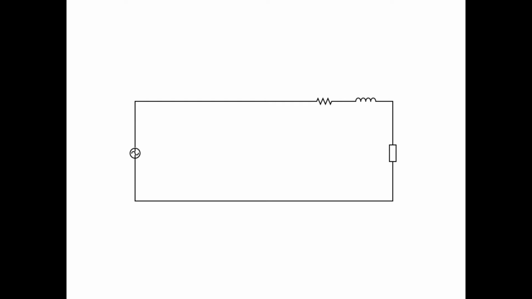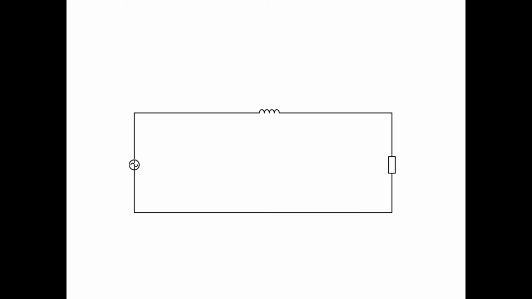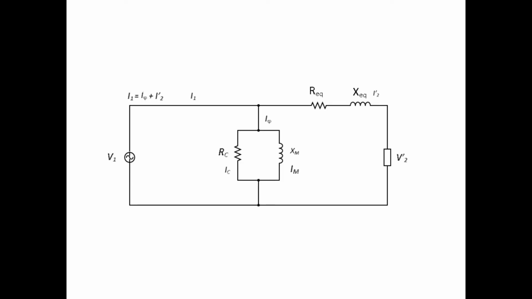We could also neglect the shunt branch altogether, since the excitation current is usually less than 5% of I1. We could go a step further here and neglect the resistive component. Since large transformers greater than 500 kVA have a very small value for R compared to X, we can now say the practical transformer operating in sinusoidal steady state is equivalent to an ideal transformer with external impedance branches. However, for the open and short circuit tests, where efficiency and excitation are important, these cannot be ignored and the equivalent circuit will be approximated as outlined.